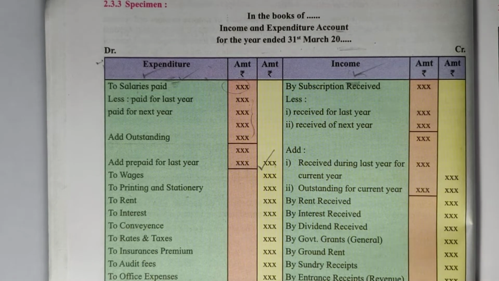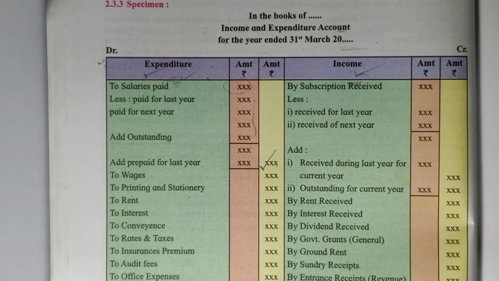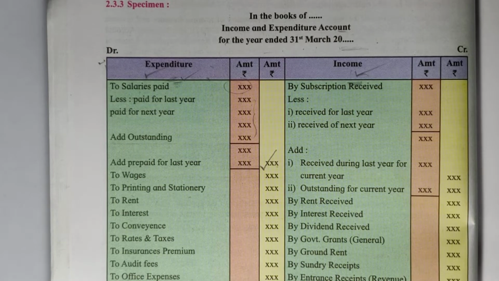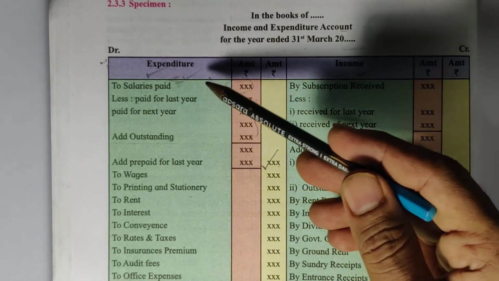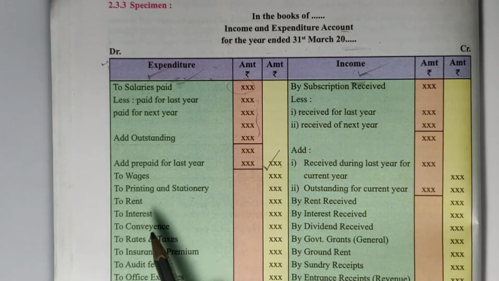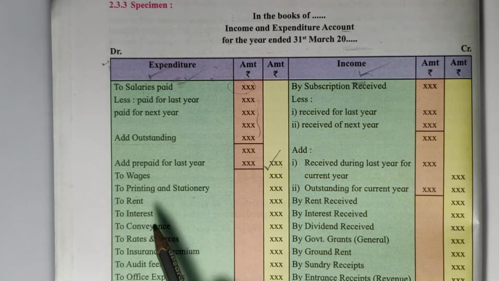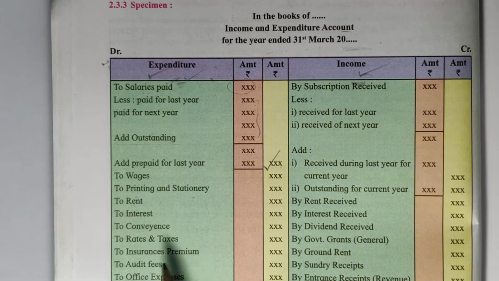But salary, you have to pay every month. Electricity bill, you have to pay every month. So all these expenses are recurring expenses, and all the recurring expenses are recorded to expenditure side of income and expenditure account. Next is rent paid, interest paid, conveyance paid, rates and taxes, insurance premium, audit fees, other expenses,